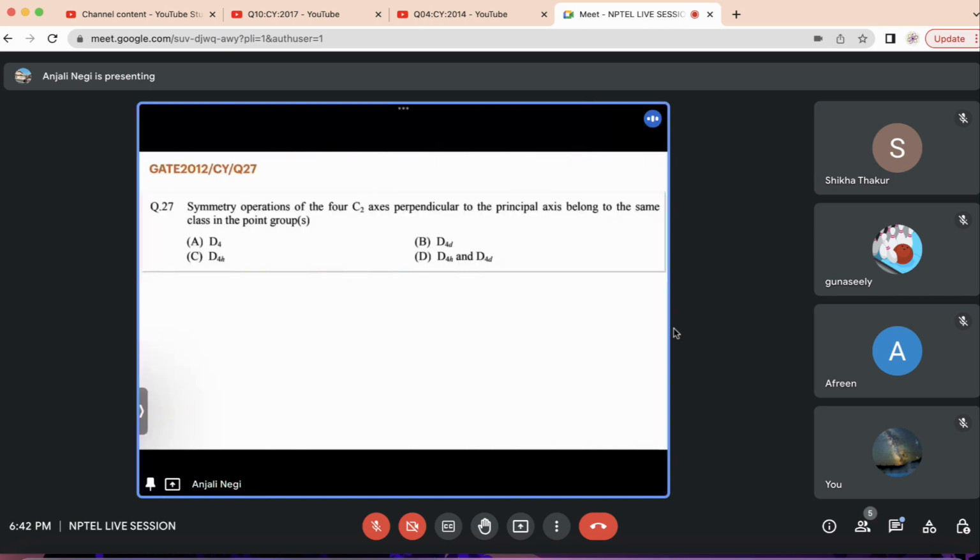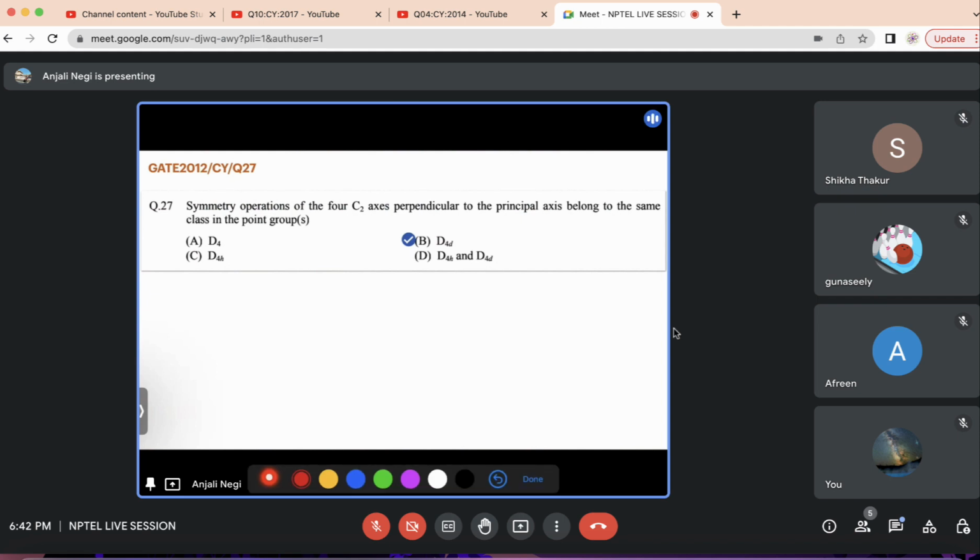that we have, the correct option is D4D, because the statement here is that 4 C2 axes which are perpendicular all belong to the same class. And when you look into the character table of this D4D, you will find that all the 4 C2 belong in the same class. Okay,